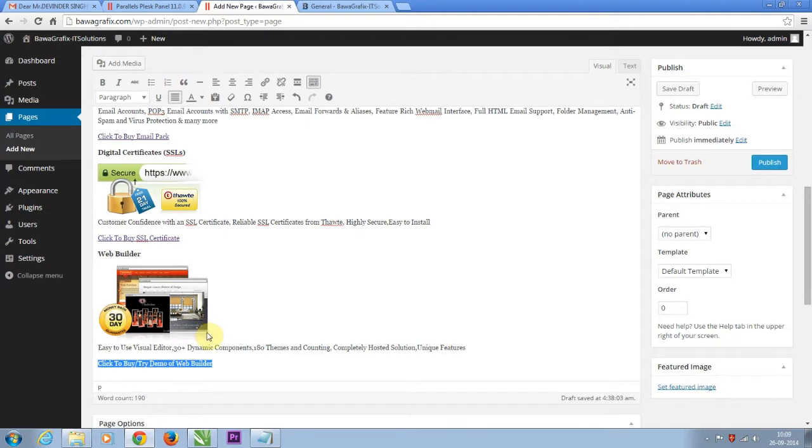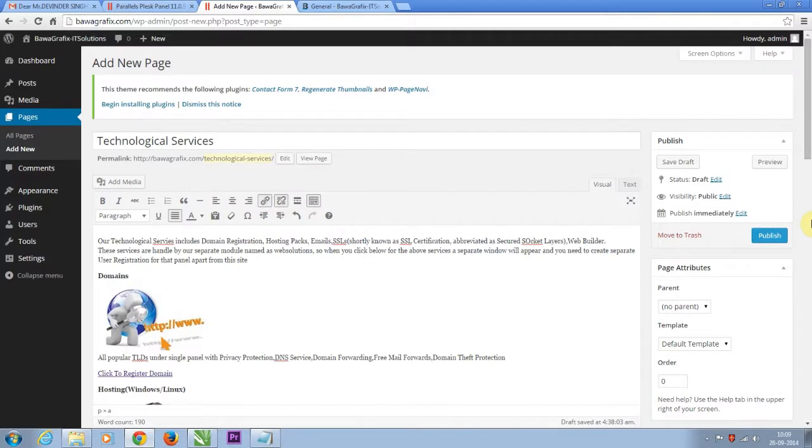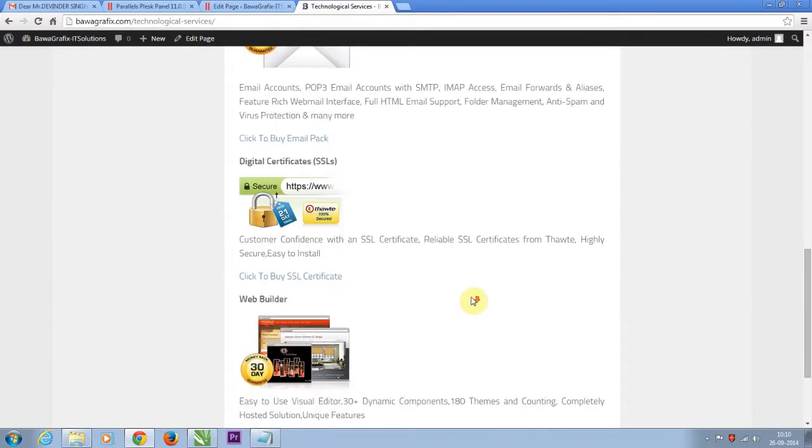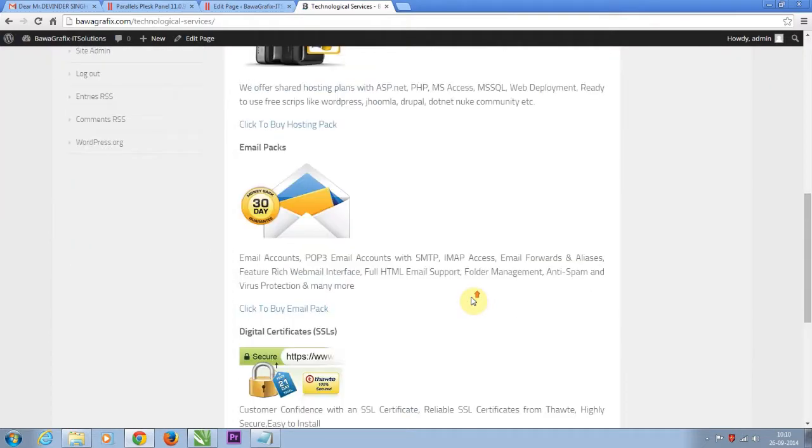After inserting links, don't forget to click the Publish button. Although you can click Publish at any time, after publishing, the text of this button becomes Update, which indicates the page is published and can be updated. You can see the page is now automatically added to the menu with all the images, links and text you added, and the links are working fine.